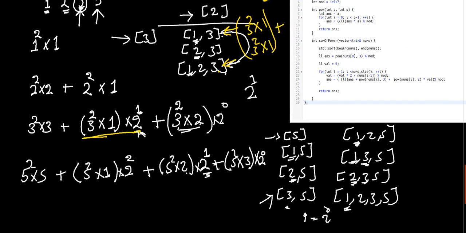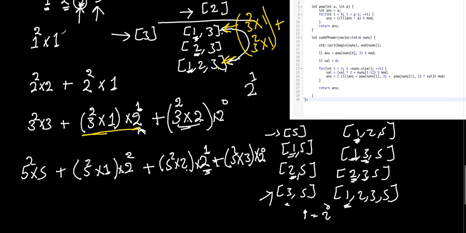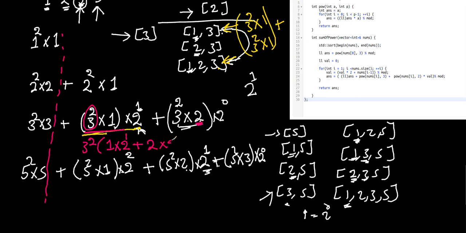Now let's leave this for now, and let's take this row. So if we take 3 square as common, we have 3 square multiplied by 1 multiplied by 2 to the power 1 plus 2 multiplied by 2 to the power 0,